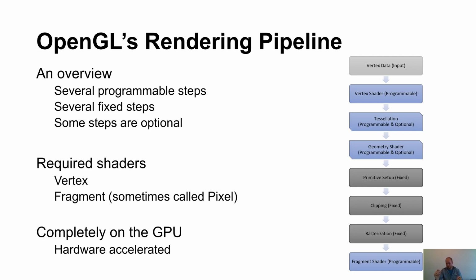A given point on a triangle will have an interpolated normal, an interpolated color, and an interpolated location. You can also do some really fancy stuff here where you can say, okay, these two vertices have this depth, and you can interpolate a lot of stuff. So the fragment shader is particularly powerful and is a big reason why, once this became a standard, you started to see much more photorealistic rendering in a raster pipeline, as compared to a ray trace pipeline, which is currently nowhere near real time, although it is starting to make a lot of